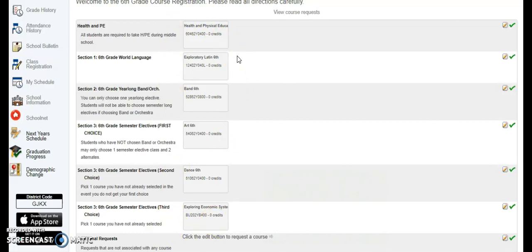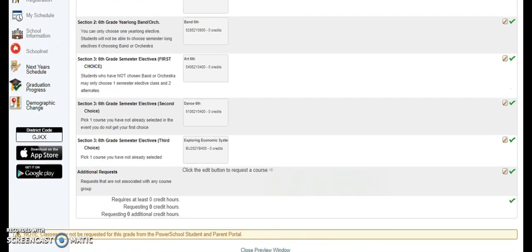Please cross-reference this with your current paper registration card. Take the time to make sure that it is reflecting exactly what's on that card so everything is accurate. Band and orchestra students, if you want to go back through this process with us as well and just double check that the screen matches your card. Once everything